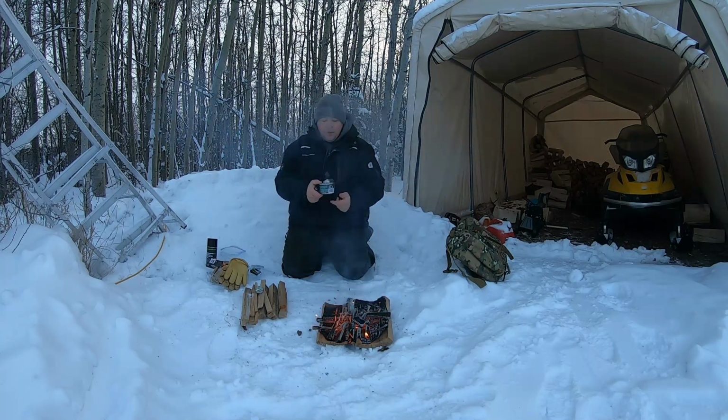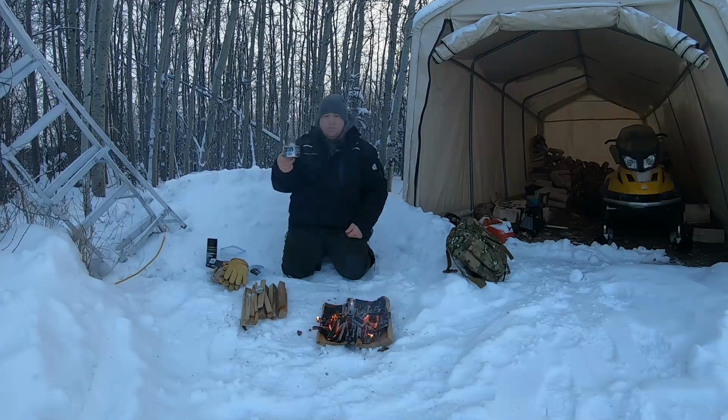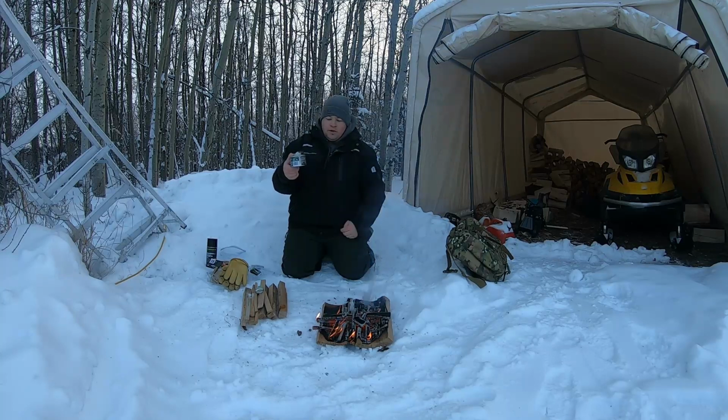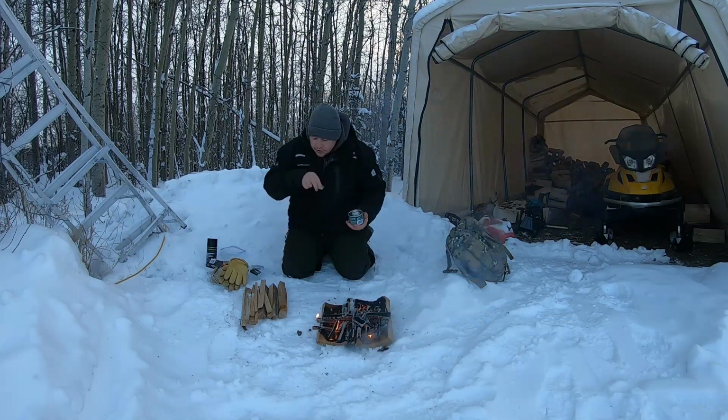So that one actually burns very well. Kind of changed my mind on that one. That one, I like that. Plus, the amount of heat that was coming off of that, you could get a pretty serious fire going. And this thing, it's right full. We have 6 hours of burn time with this canister. And what's nice too,